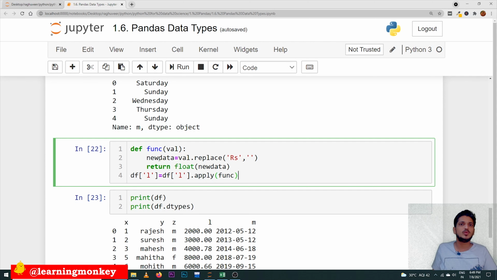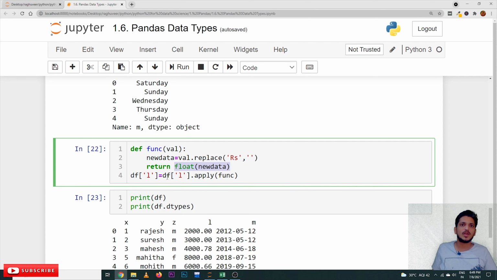What's the return value? We are eliminating with val.replace, wherever you find rupees Rs, convert it into an empty string. It eliminates Rs, and the value is converted into float, so we get only the float data type.